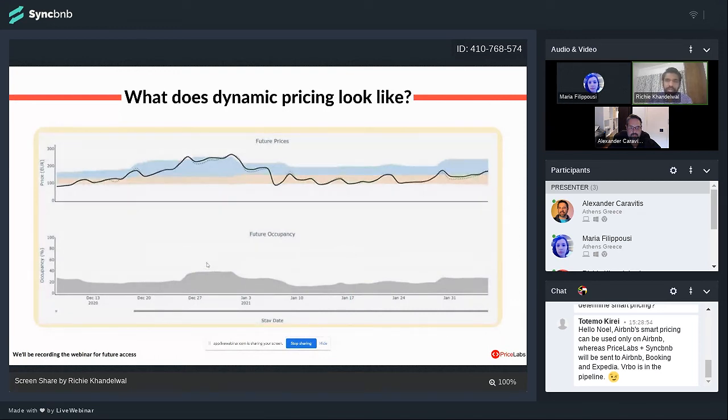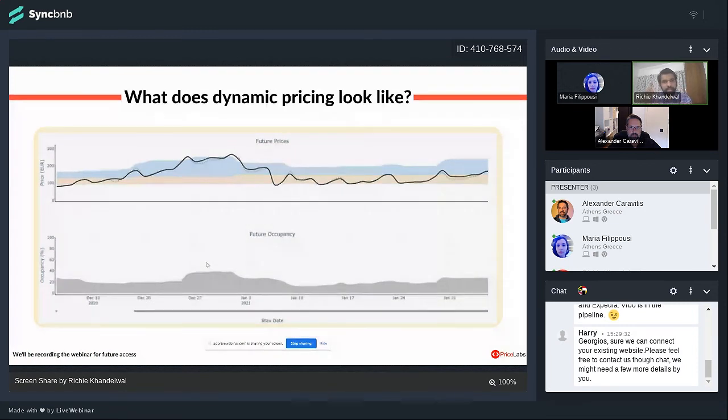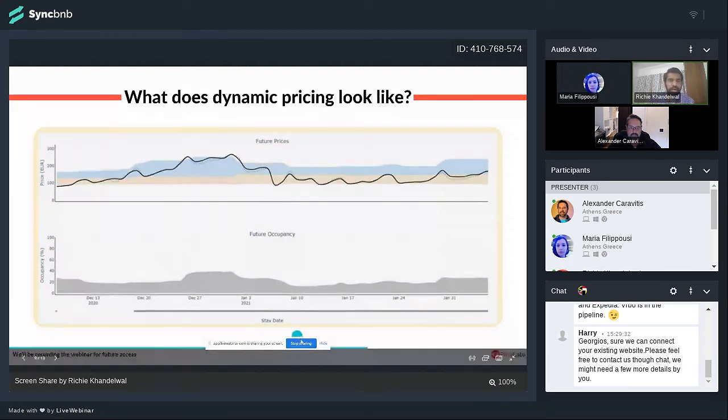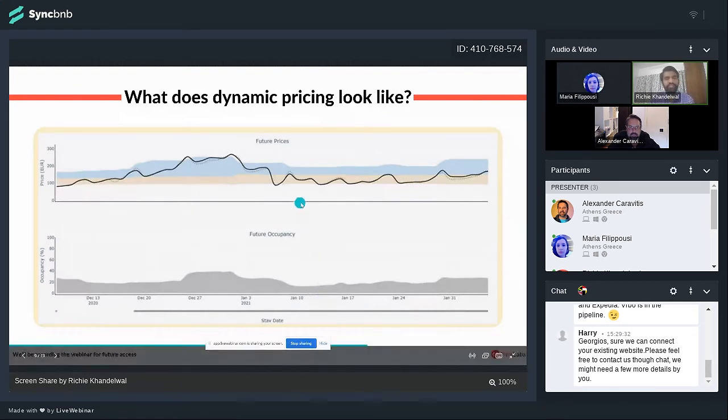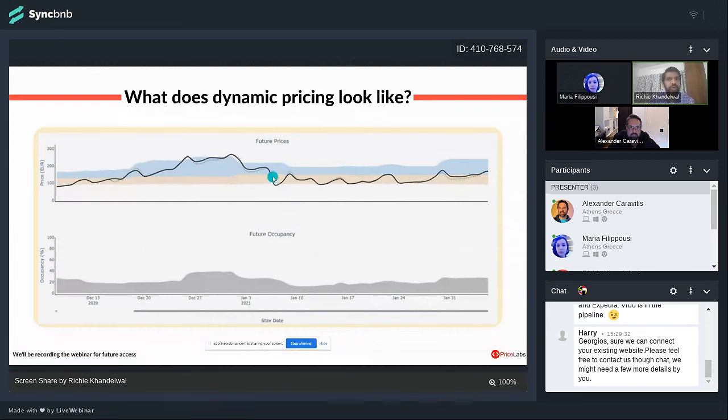The other thing that I wanted to mention, oftentimes you'd also hear about where am I in the market in terms of percentile position or whatever. Our system kind of doesn't believe in that. We believe in true demand, right? If on certain days the demand is low, you want to be at the lower end of the market. So this orange market is, think of it as 0 to 50th percentile of the market, and the blue market is the 50th to 100th percentile of the market, right? On low demand days, you want to be on the lower end of the market. On very high demand days, you want to be on the higher end of the market.